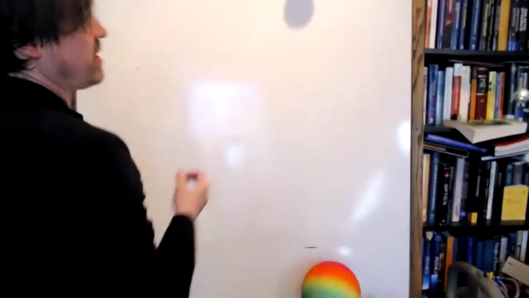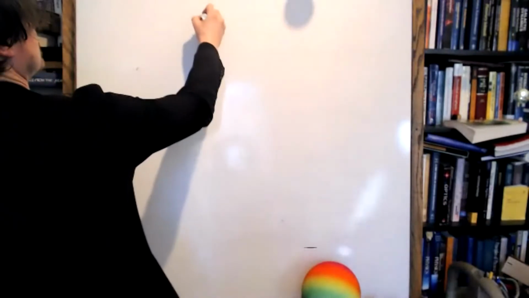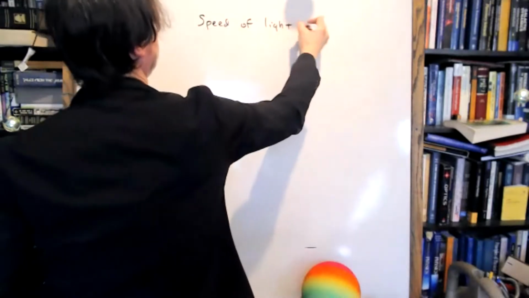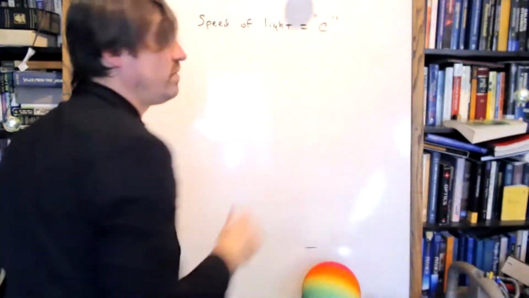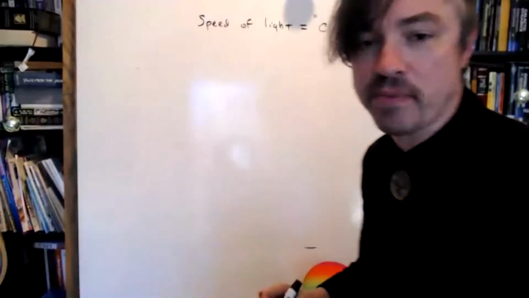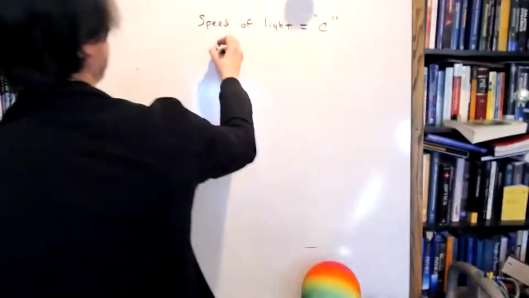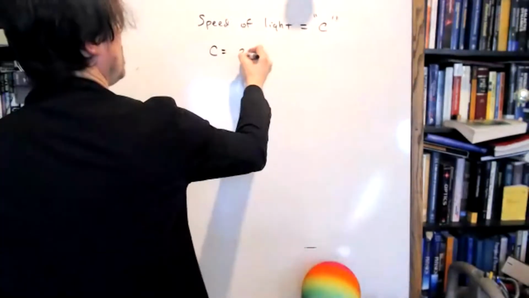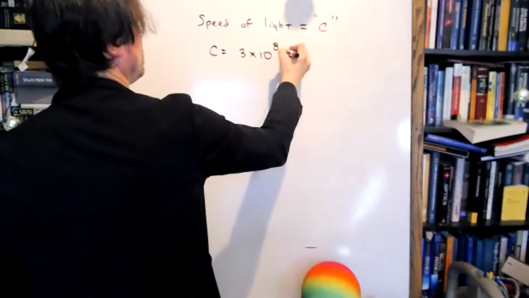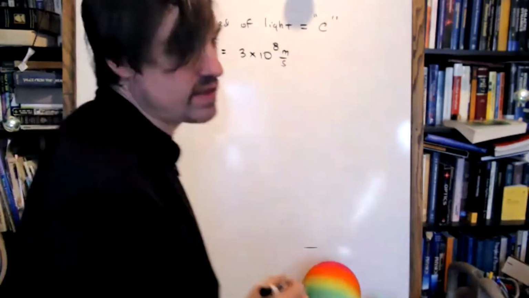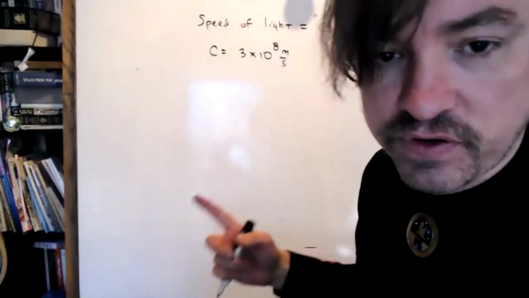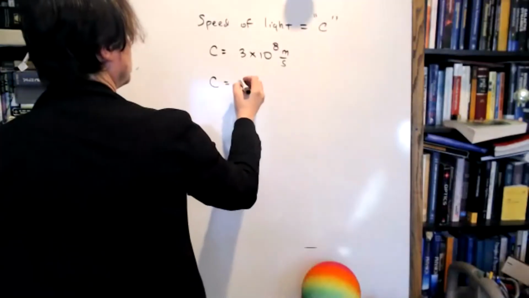I want to talk to you guys about a number that you've seen many times in this class. It's called the speed of light. And it's so important to physics that it gets its own variable, c. Do you guys remember what it is? 3 times 10 to the 8 meters per second. Up to now, that's been a pretty useful version of the constant to have. Today, we're going to see that there is a better version, more helpful sometimes. I like to see it in kilometers per second.